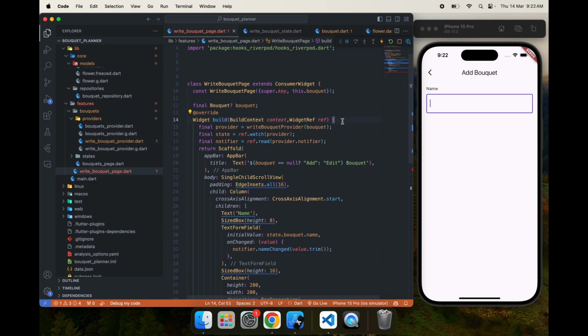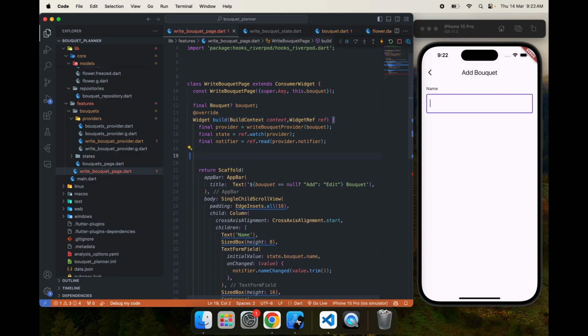Normally I add all these scheme and theme in extensions, so I can access context dot scheme, context dot theme, like that. For now I will create it here because we don't have time for that. Theme,